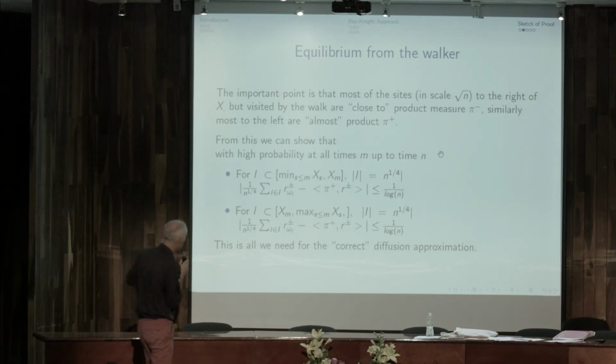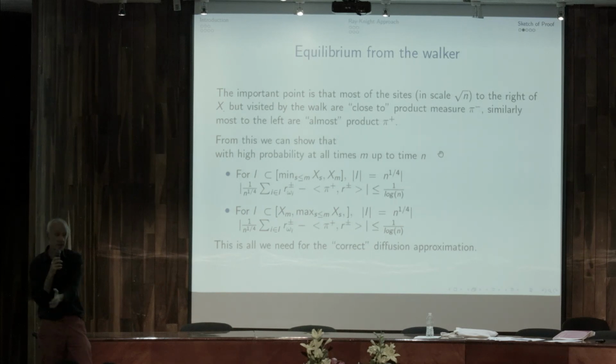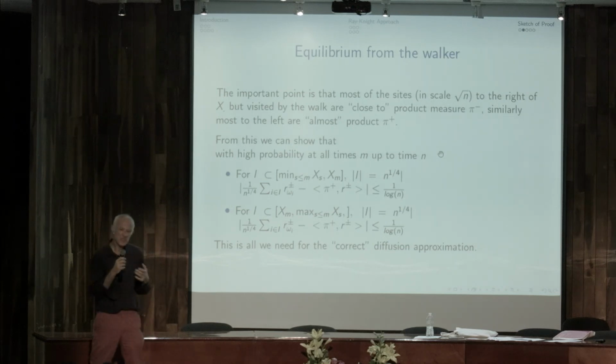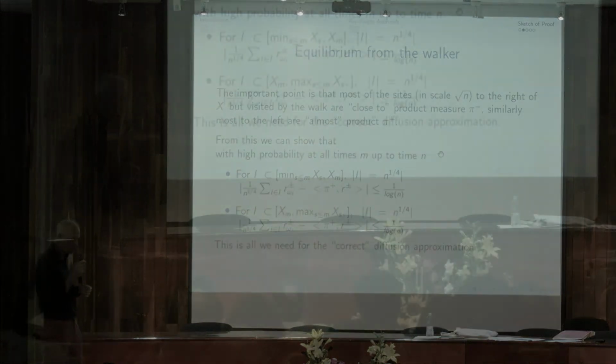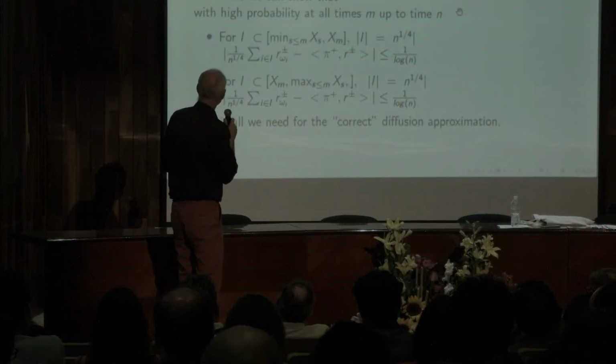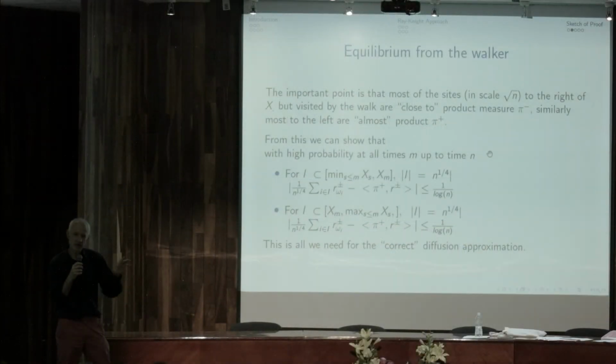So what you have is essentially product measure, pi plus to the left of where you are, up until you, of course, get to the range, then you get to the initial distribution, and you have pi minus to the right, up until you get to the maximum, okay? And these are almost product, but it's a bit difficult to say they're exactly product. And what we can argue is that essentially, in this law of large numbers sense,